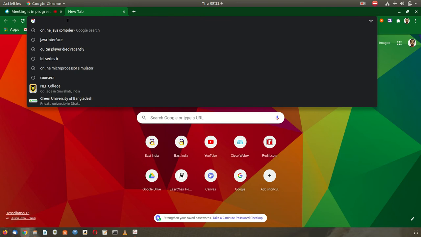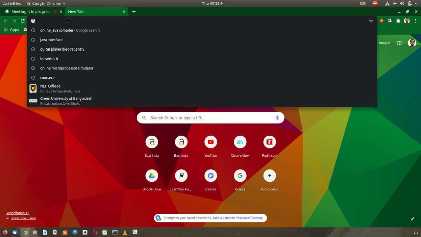Actually, there are two ways of understanding. One is the collection framework, that is the collection of data structures like stack, queue, tree, and another is using the graphical user interface, that is also called the GUI. In some syllabi it will also be written as swing components, or Java swing components. Today we are going to start the Java swing components.